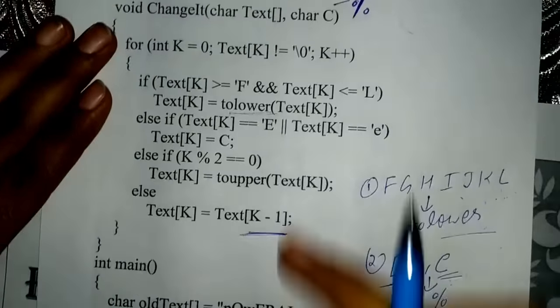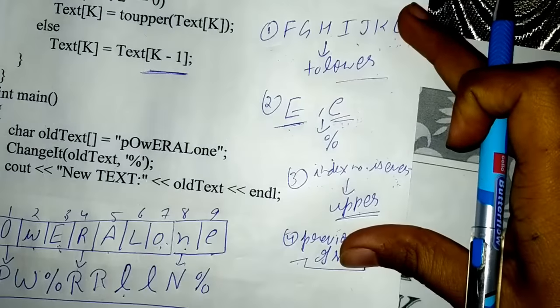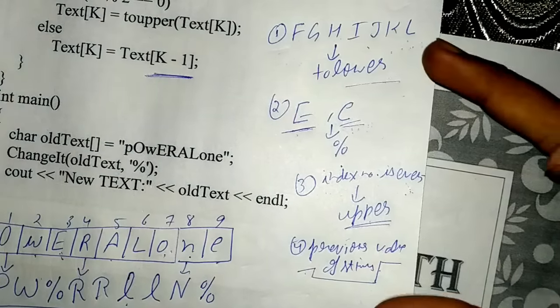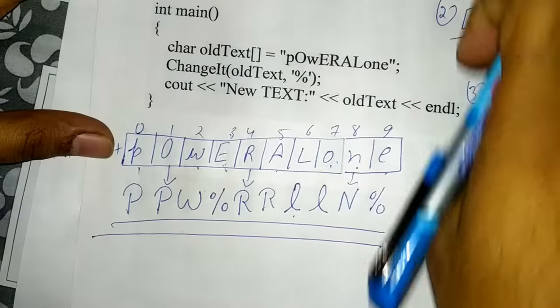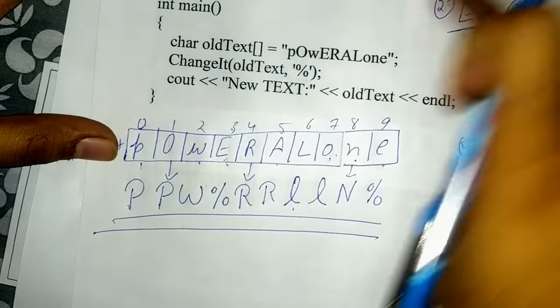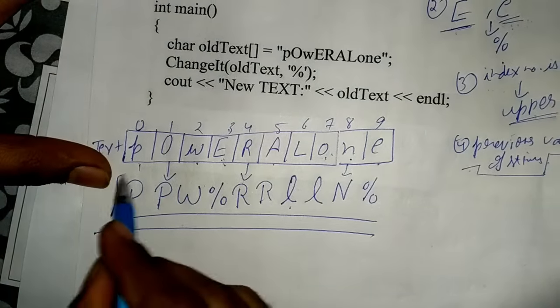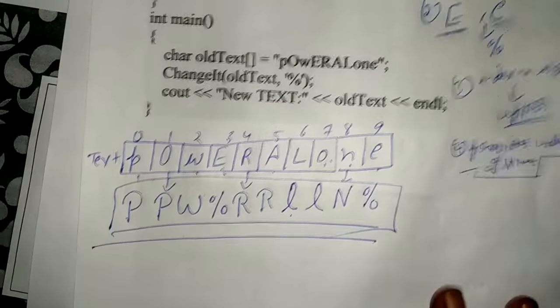Instead of looking at the code again and again, I am just writing it in simple language, in simple terms which you understand. Then just take the string and apply, then go to the conditions, and whichever condition applies to it, just change the value, and this will be your answer.